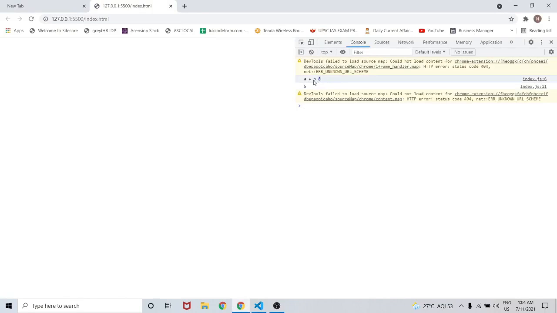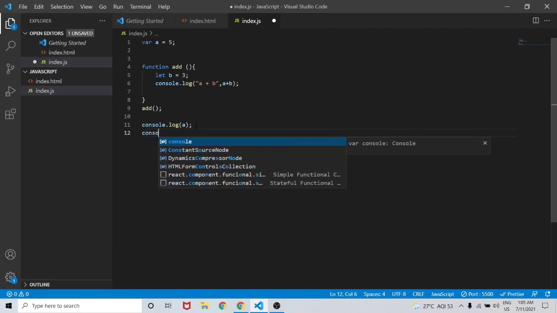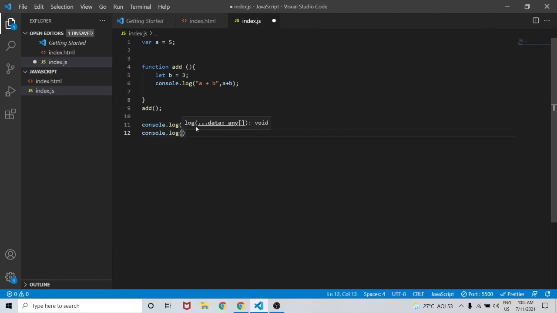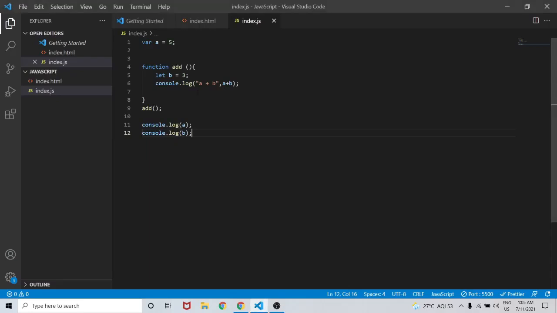But now if I console.log b outside this function, this will give me an error, and this error will be a reference error, that b is not defined. This means b is inside that function only and its scope is within that function only. We cannot access that b outside that function, right? This means the scope of b is local.